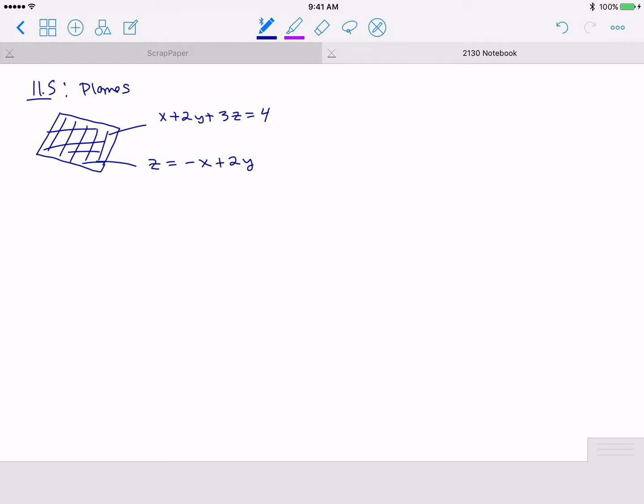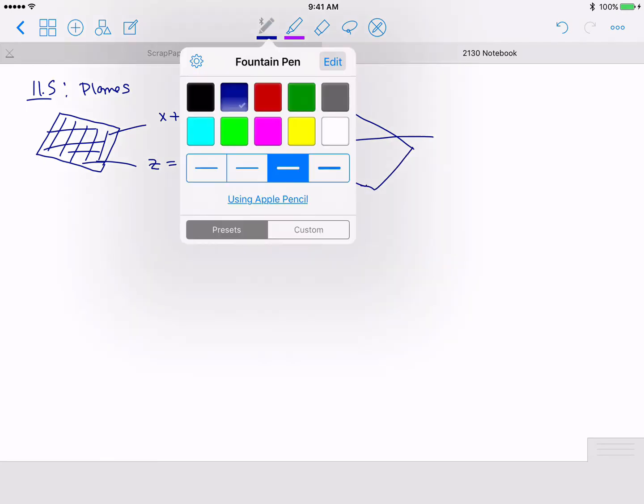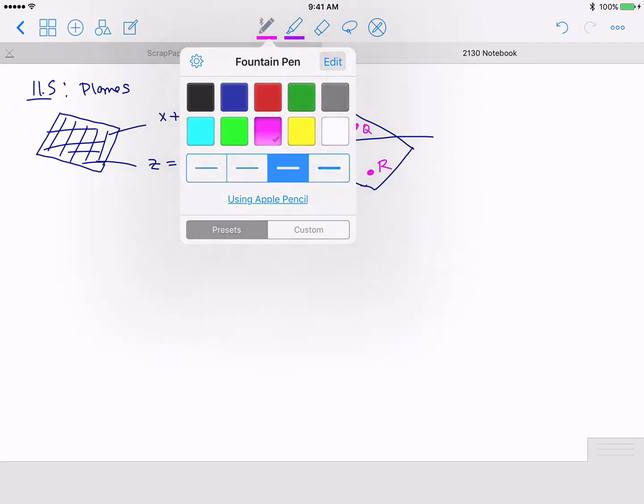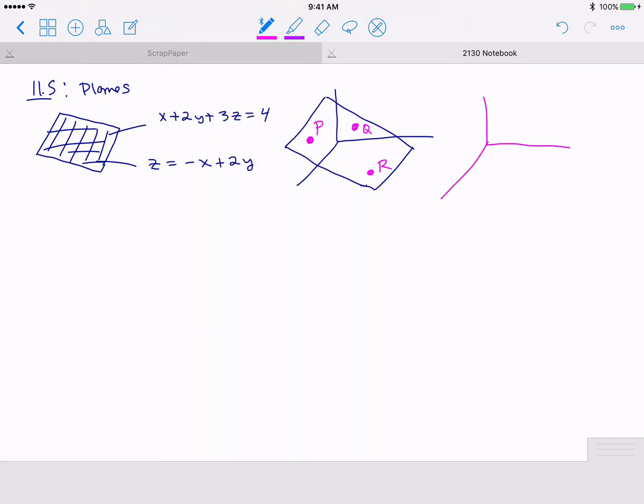But a more specific question is, how would you construct a plane? Not just recognize the equation of a plane, but actually find a plane, for example, that goes through the three distinct points P, Q, and R. How could you find that? Or, for example, maybe the plane that you're looking for goes through a point P and is normal to some